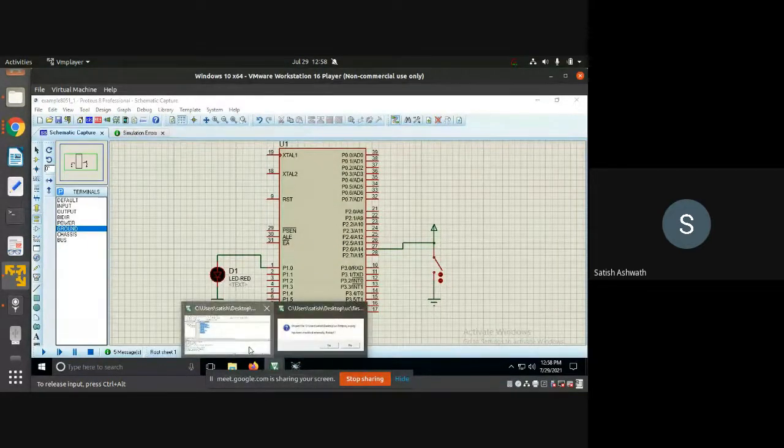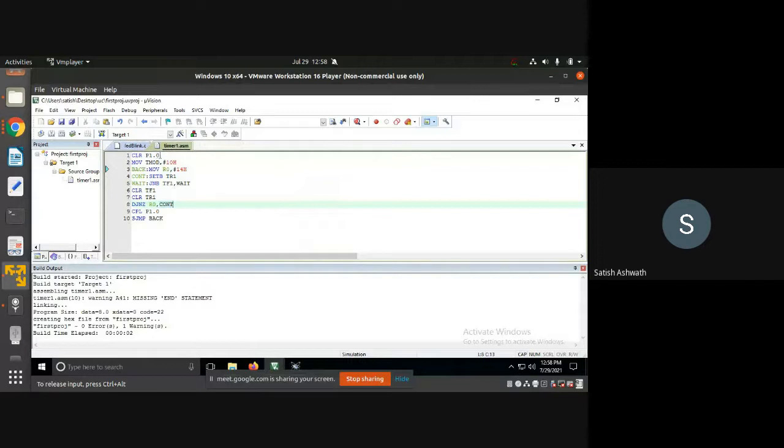So let me modify the same program here. My switch pin 2.6 is an input pin. So I'll do a set bit pin 2.6 to make it into an input pin. I don't need any TMOD now because I'm going to control the LED based on the switch. So let's say JNB. By default, when the switch is open, we don't want the LED to turn on. You want the LED to turn on when the switch is closed.